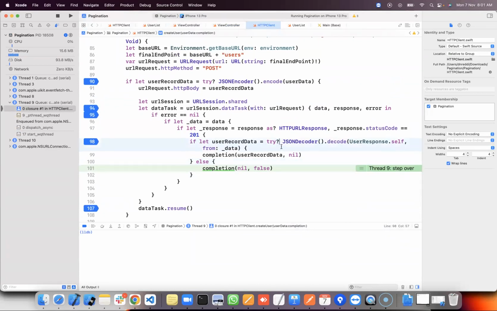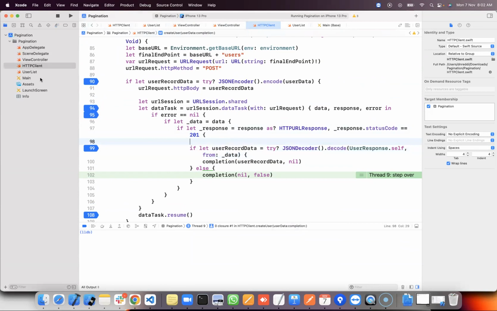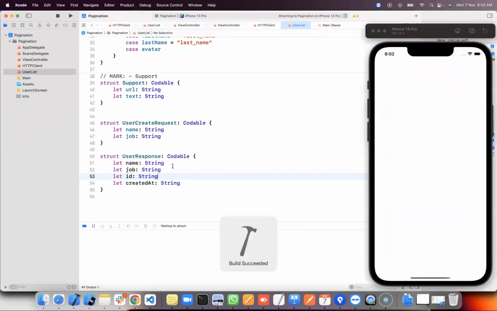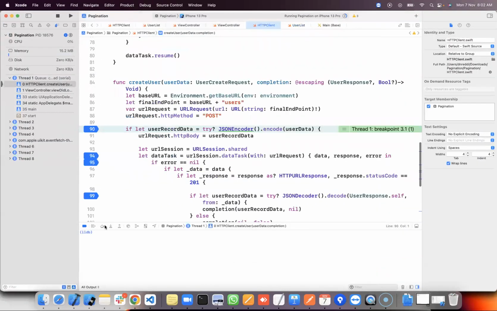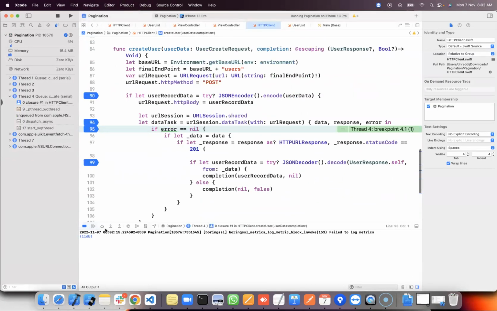We have used here try question mark. Maybe something else is wrong. Let's see. While converting, it is failed. Right? The actual reason, I know. The actual reason is here it is string. I'll also show you by putting int how to know what exactly is the error. Came here, came here. JSON decoder again fails. It is unable to convert. Not sure why. Anyways,